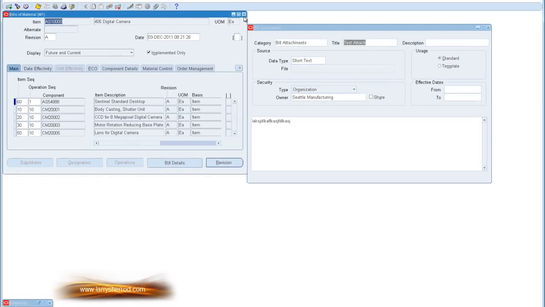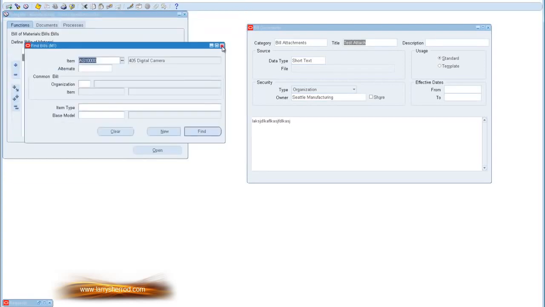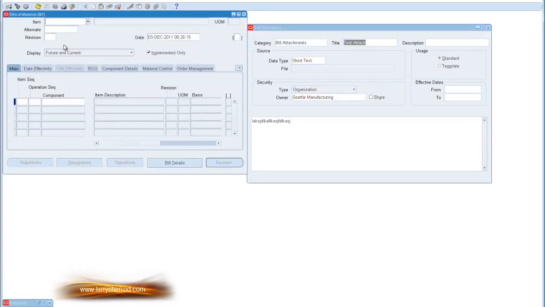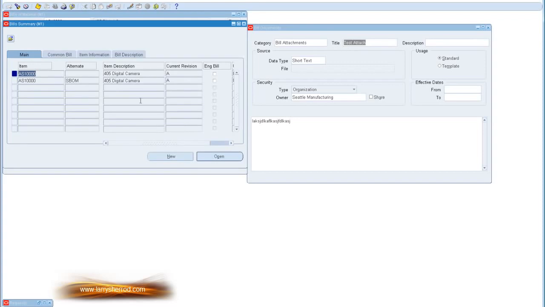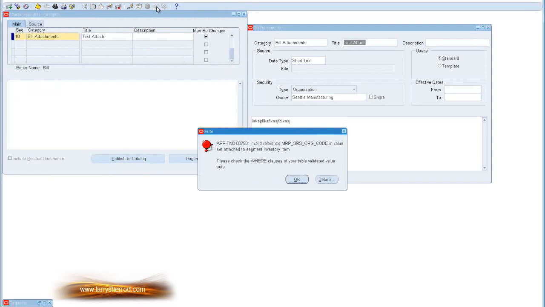save my bill of material, and close it out and come back in so that you can see something here. It should work. So I do my find, put in my item, there's my bill, open it. You'll notice that it shows that there are valid attachments, because now I have a yellow note paper in my paper clip. So if I click on attachments,